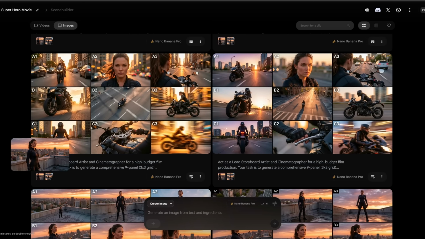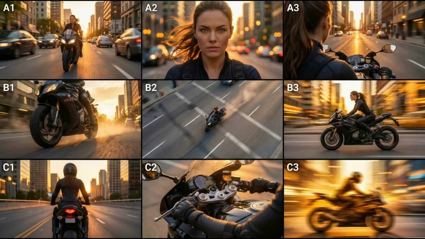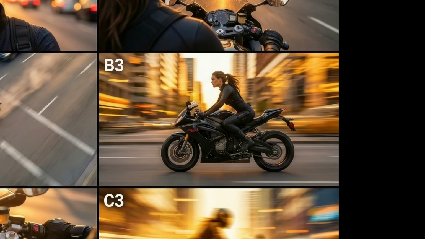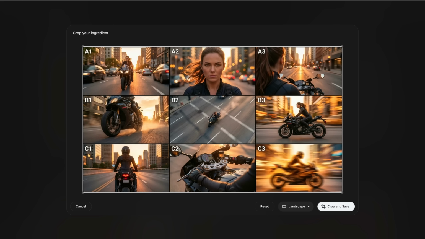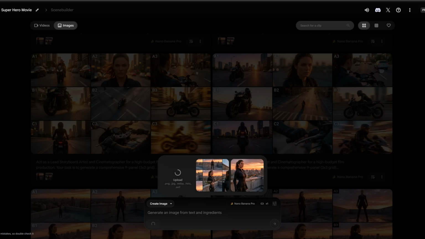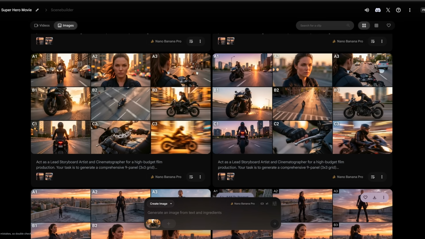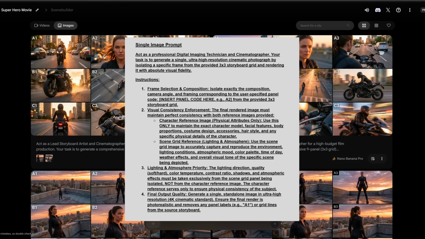Step 4, from grid to animation. Before we can animate our scene, we need to extract our favorite shots from those 3x3 grids and bring them to full resolution. There are 2 ways to do this. Method 1, if your grid has high enough resolution, simply crop the shot you want in any image editor. Google Flow actually has this crop option built right into the upload process. Super convenient. Method 2. I've created a specialized prompt that extracts a specific panel from the grid and renders it